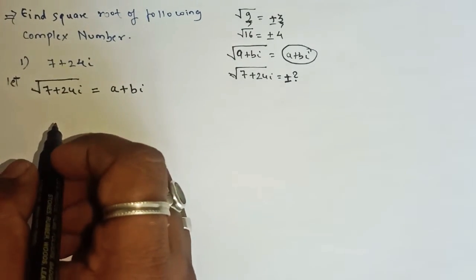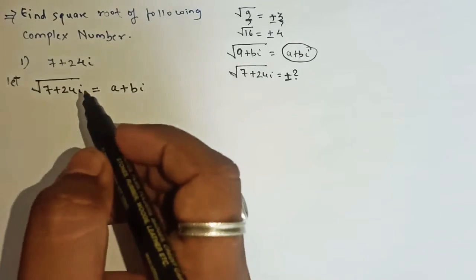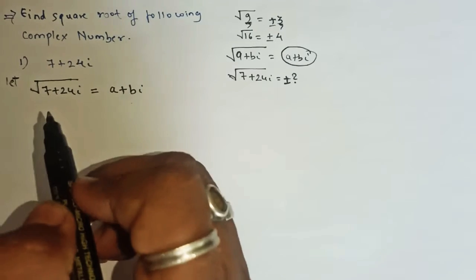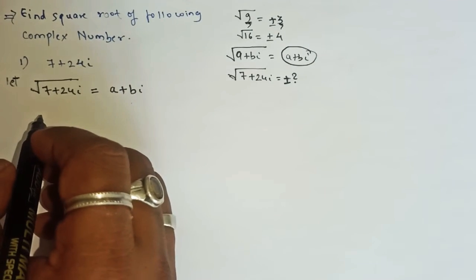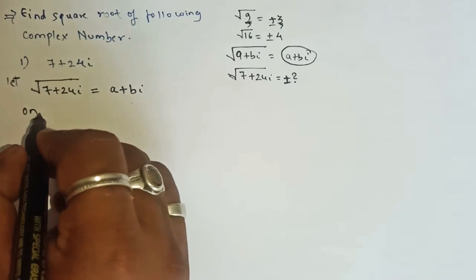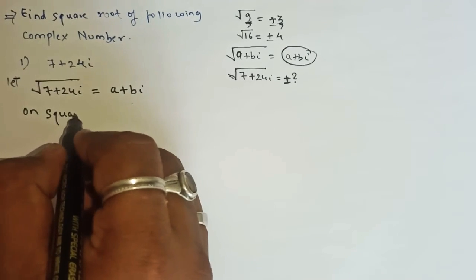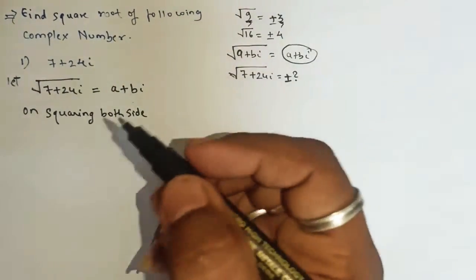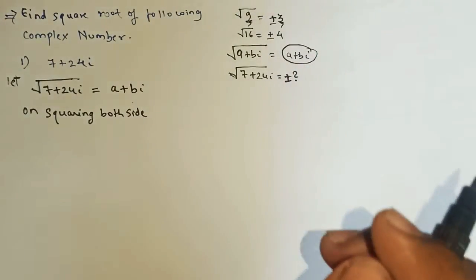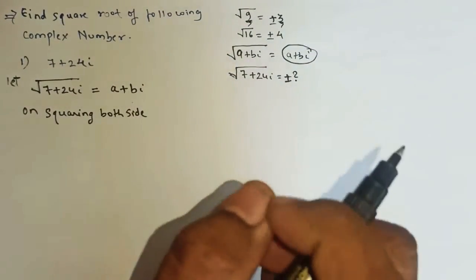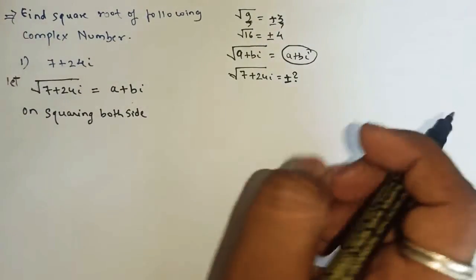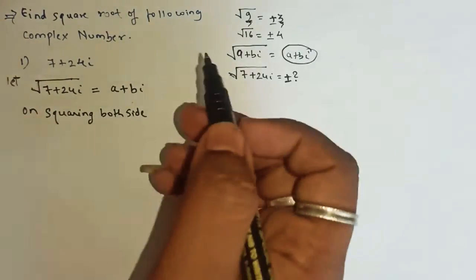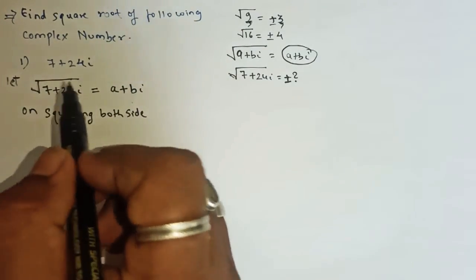After that, what exactly will you do? Basically, whenever a sum is inside the square root, it becomes difficult for us to find the answer. So first we'll remove this square root by squaring both sides. Whenever a particular question is inside the root, it becomes very difficult for us to find the answer. So the best way is to first try to remove this square root. How to remove the square root? We know that you simply have to take the square on both sides.